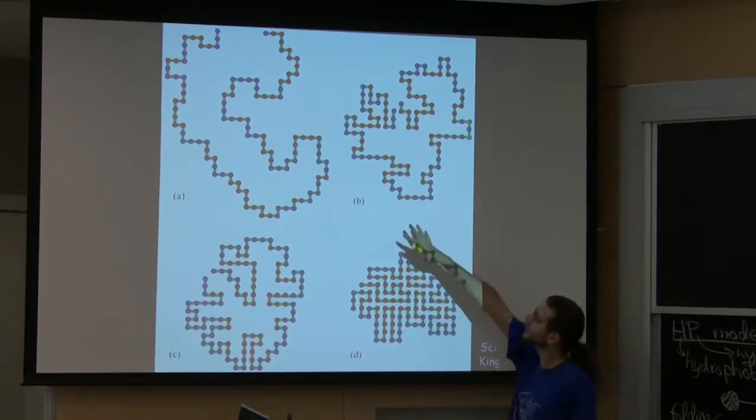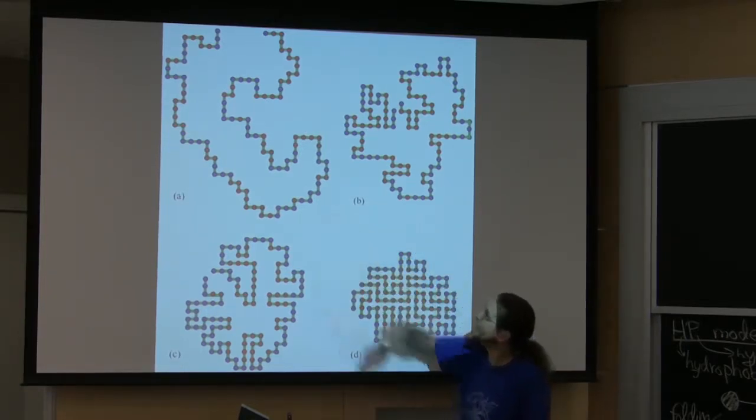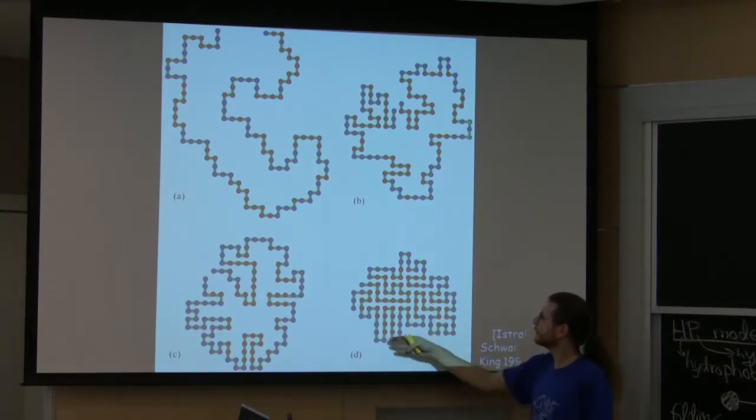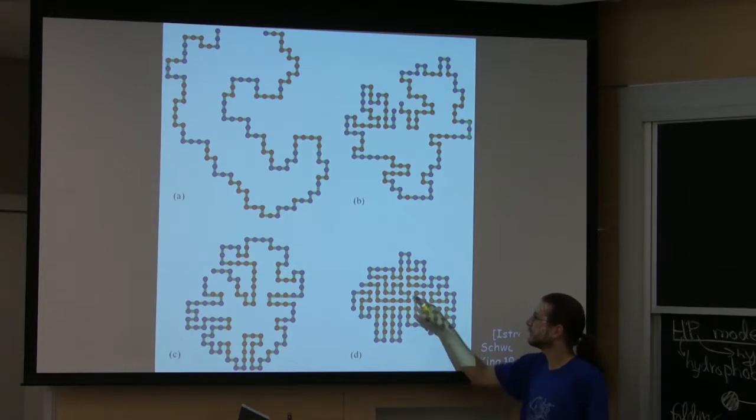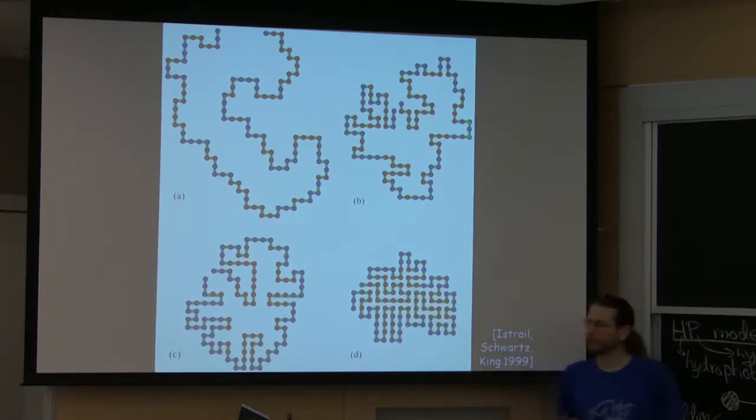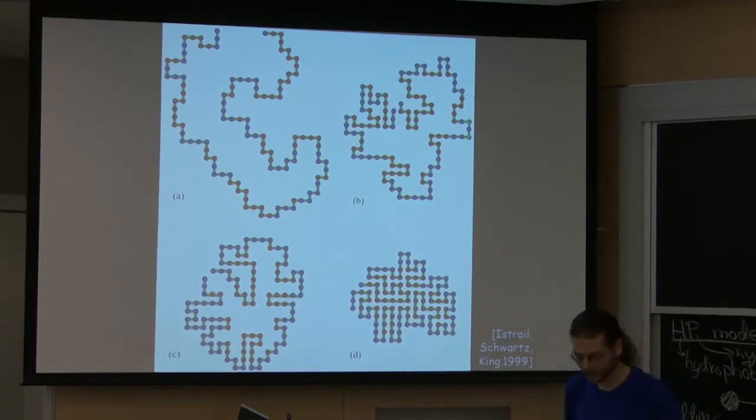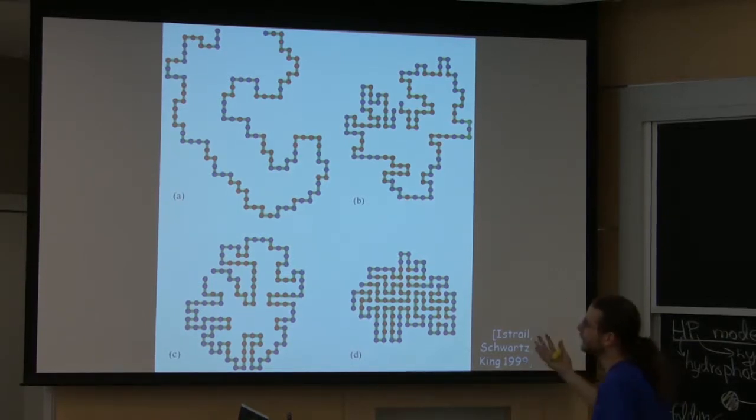You can see, in this case, conveniently, it looked like some random pattern of reds and blues, but you end up with all the blues pretty much covering the outside, and so the reds cluster together, and there's lots of HH bonds. They're not drawn here, but that's nice. And this looks kind of like a typical protein in that it kind of globs together. But of course, it's not capturing every feature of protein folding, just trying to capture one of them. But pretending this is the whole story,